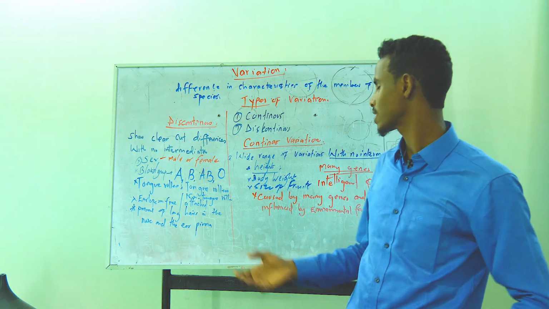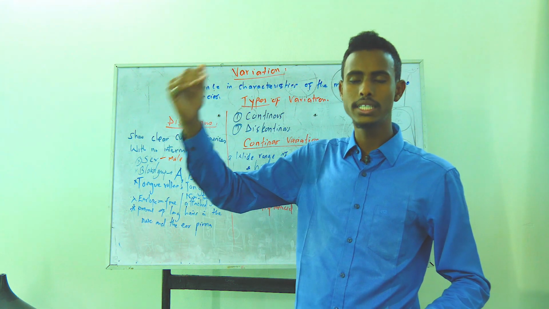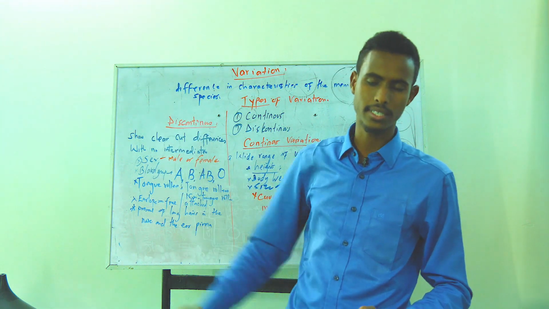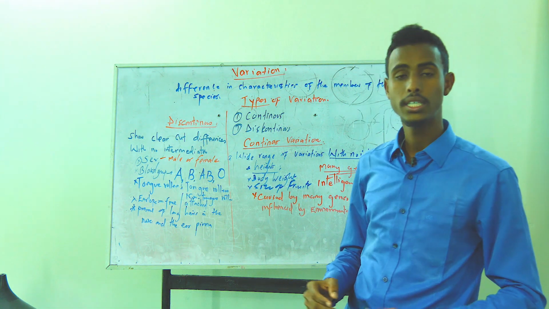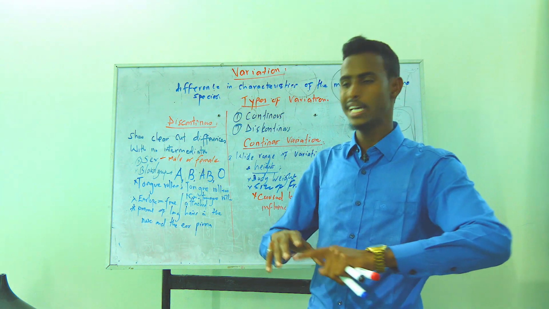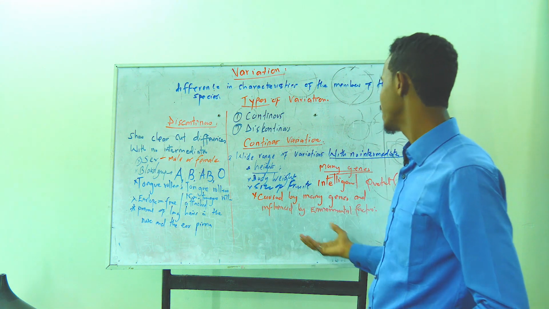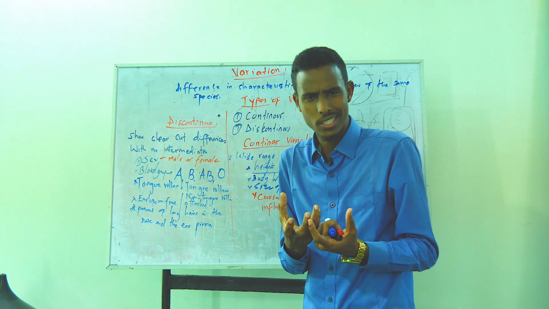Correct? What does that mean? For example, height: 10, 20, 30, 50, 60, like that. Weight, body weight, it can be 40, 50, 60, 65, 63. It does not have any intermediates. Size of fruit, size of the leaves. Now again, what are the causes of these